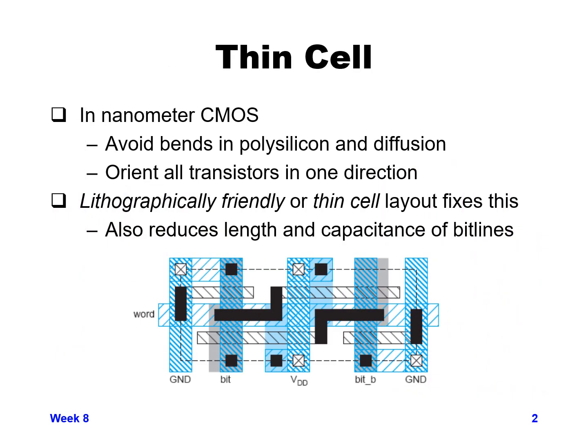In very small dimensions in CMOS, in order to make things as small as possible, what we really want to do is avoid bends and jogs in both our polysilicon and in diffusion. Also, if we can orient all our transistors in one direction as much as possible and keep all of our polysilicon as straight as possible, we can compact our areas a lot better than if we don't. So this creates a lithography friendly layout,